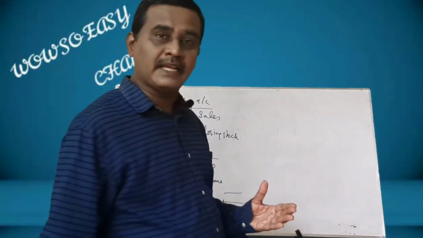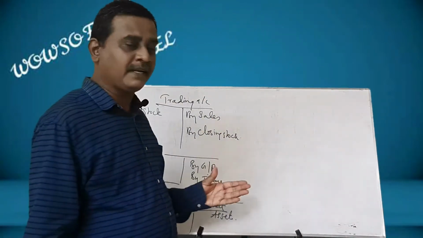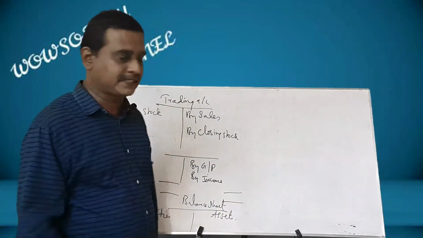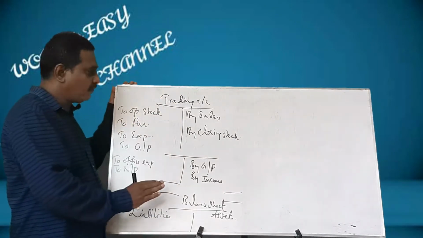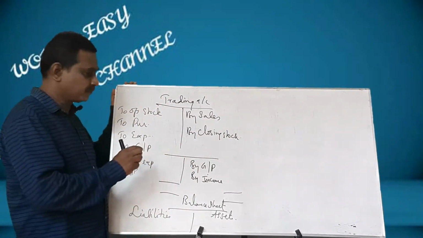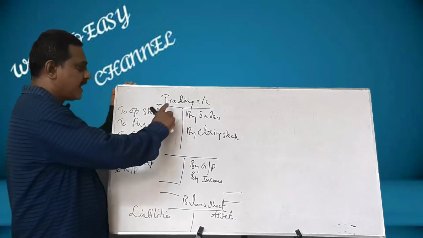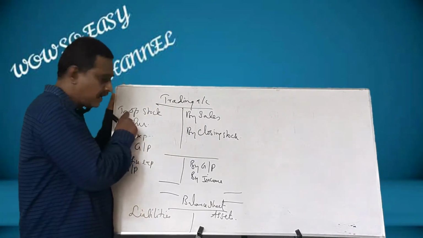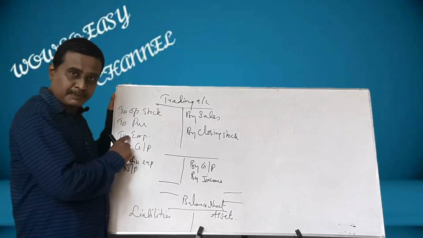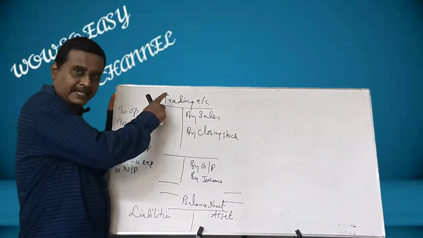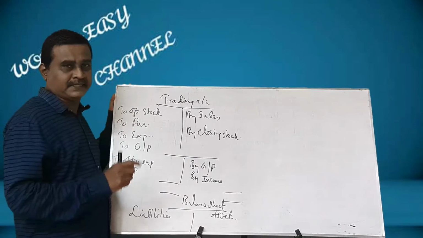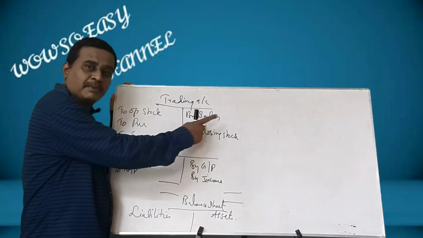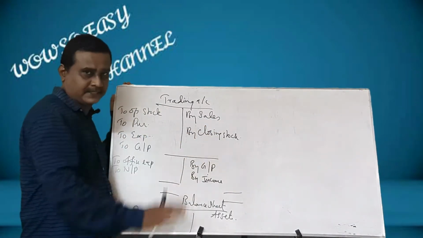Before that, let us recollect how we calculate profit in a double entry system and how we prepare that trading account, P&L account and balance sheet. And I have written a rough format. Actually, this is not the right format. Just I have written in a rough way. Trading account. To prepare trading account, what are the items we need? Opening stock, purchases, other expenses which are associated with trading, which are associated with the purchases or manufacturing. And when we come to the credit side, we need information about sales, closing stock, etc.